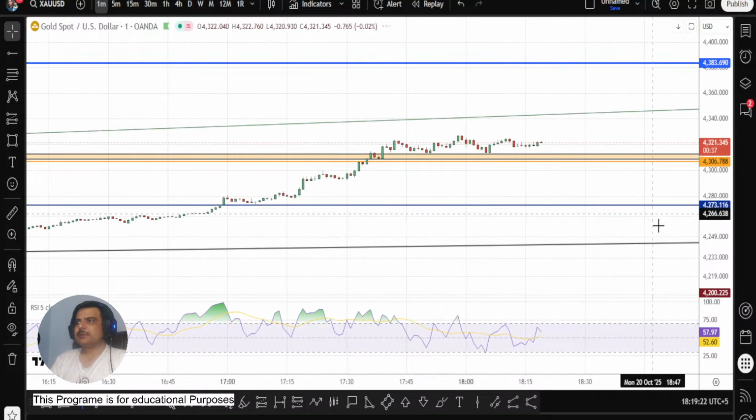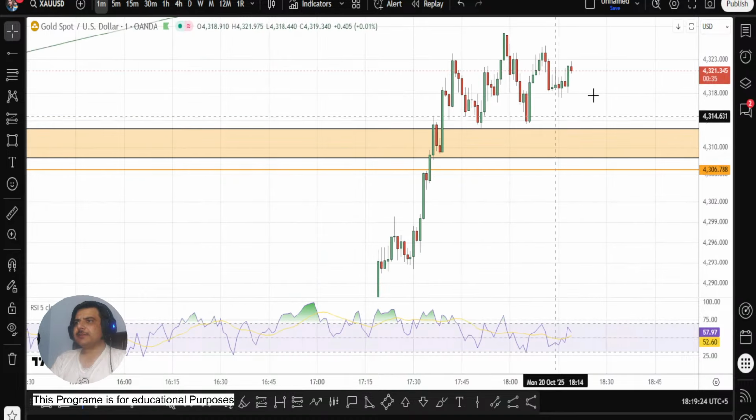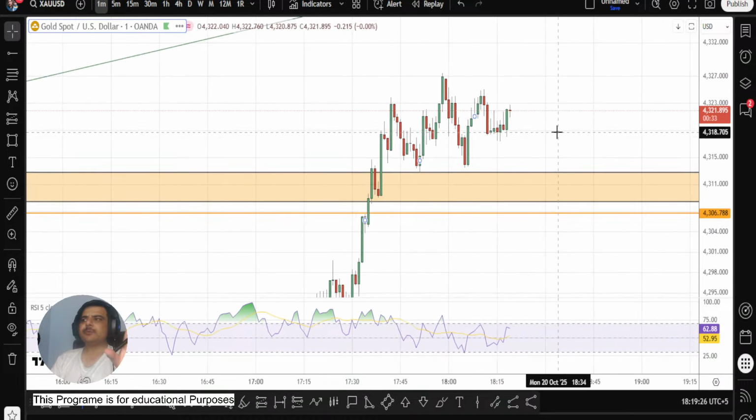Let's see the 1 minute time frame and let's observe it. On the 1 minute, people are waiting, because in 11 minutes the Nasdaq people will come. Huge volume they have. Literally very huge volume they bring.